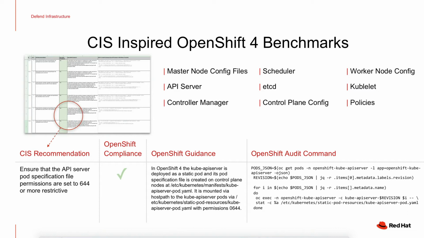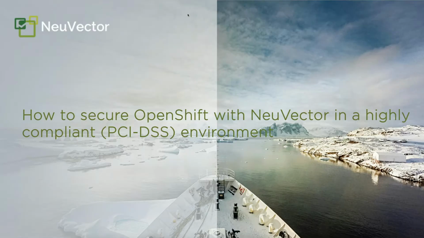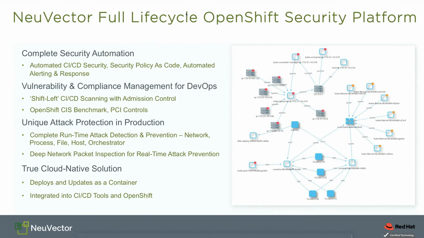So NeuVector essentially is a full lifecycle security platform for OpenShift and for Kubernetes. We provide complete security automation starting from the very beginning with integration into CI/CD tools. We recently introduced security policy as code, or a YAML, which is super exciting. And we also have automated alerting and response. So every time we've seen something that is outside of the policies, we will automatically try to either remediate or